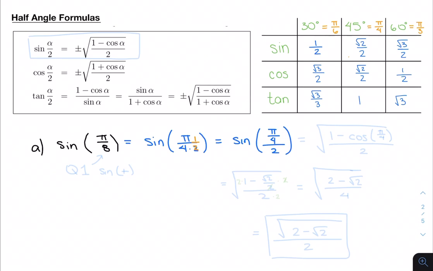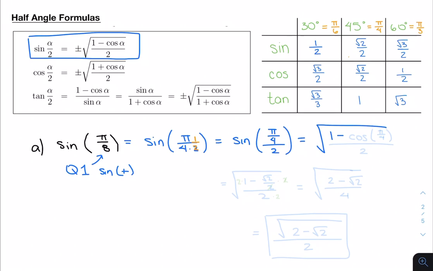And so what we can do is apply this formula over here, which says that if we have a half angle of sine, we can apply this formula here. It says plus or minus depending on what quadrant we're in. So sine of pi over 8 is actually in the first quadrant, and because of that, we know that sine is positive. So we can say that this is going to be equal to positive the square root of 1 minus cosine